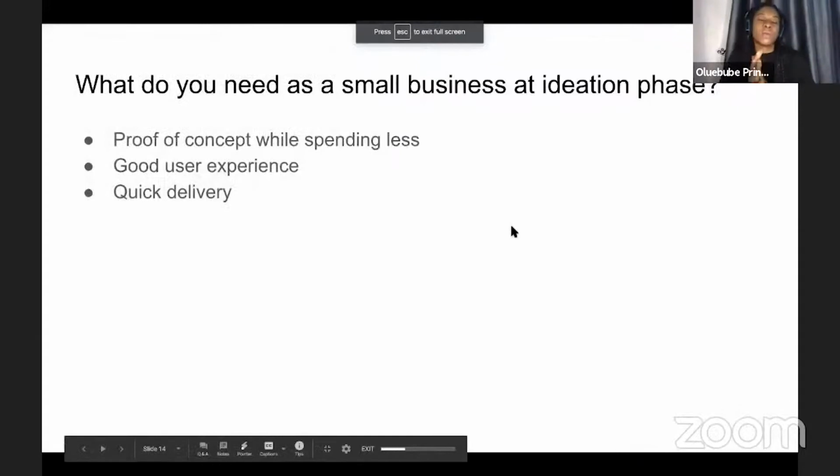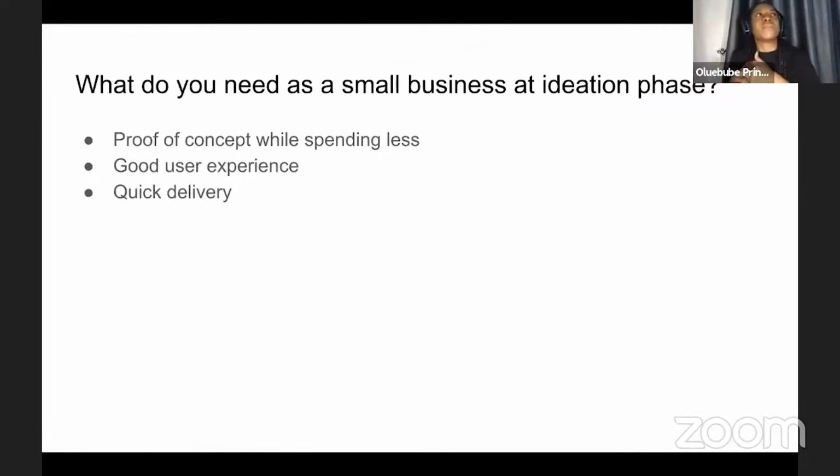So what do you really need as a small business or at the ideation phase? What you need is a proof of concept. So I have an idea and I want to prove that this idea works and is worth investing in, and I don't want to waste money. So I just want to prove that my concept works, and then I want a good user experience, and then I want quick delivery. And if you look at the JAMstack, fortunately, it gives us all these things at the